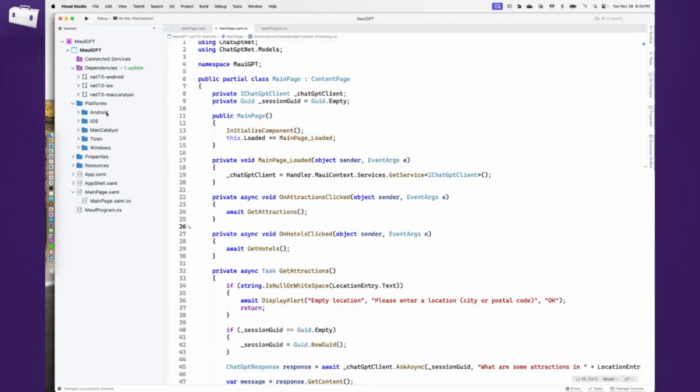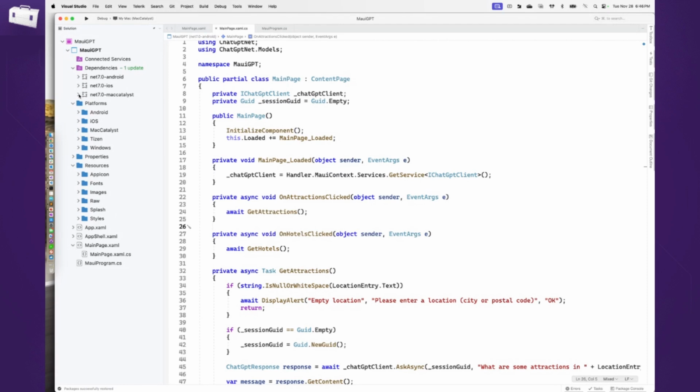All of those essentially are folders compared to the Xamarin way. Now it's just a single project, so I can share a lot more things. Things like my fonts, my app icons, my splash screens, my styles, all of those things are now shared across all platforms, which is a really good place to be.